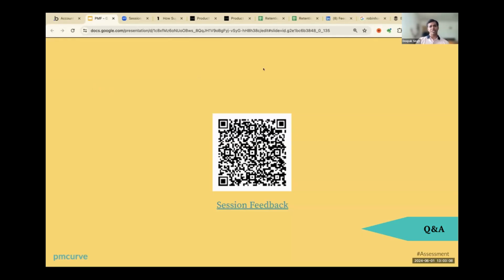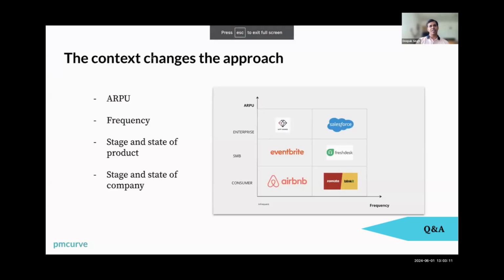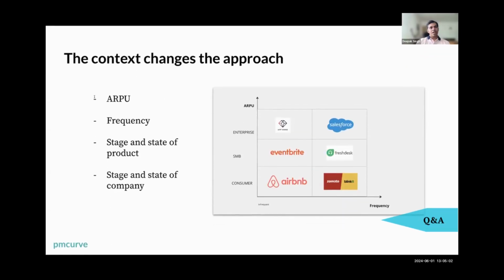Prithvi has this interesting question which ties to this thing, which is, how do you validate the riskiest hypothesis for enterprise products? So Prithvi, I think Anshul has a question on this, but Anshul didn't paste the question. Oh, can I ask? Yeah, you can ask. Hello, am I audible? Yeah.